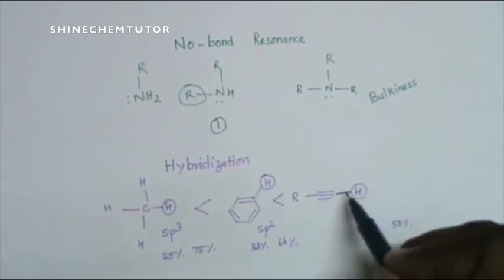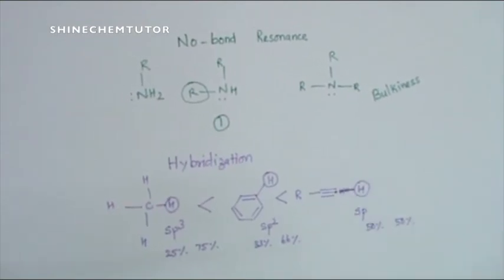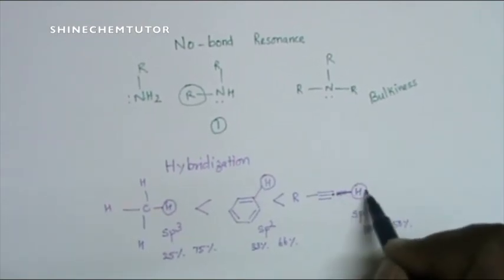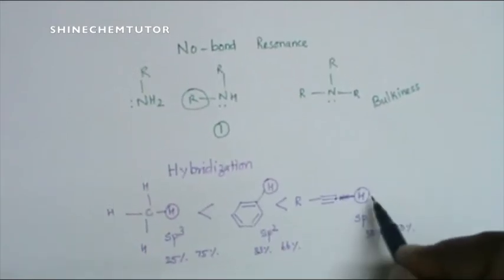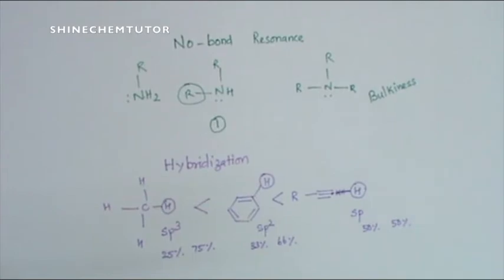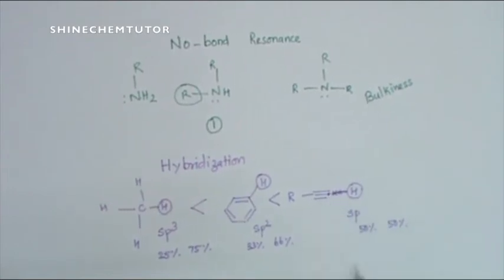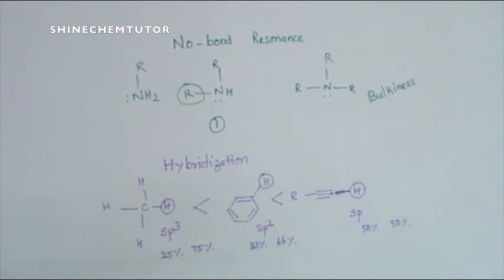Because of that, the bond goes towards the carbon nucleus. This hydrogen is free, so it can be abstracted by a base. That's why hydrogen that is attached to an sp carbon is more acidic. It can also affect the basicity. For example,